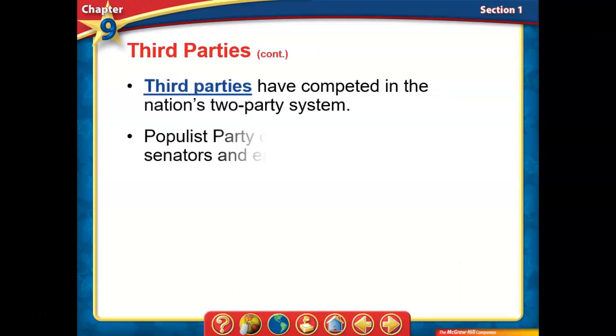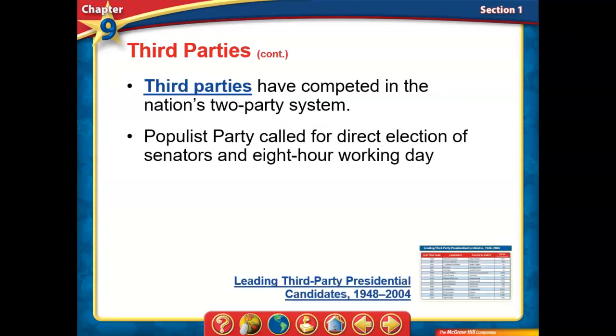But we do have third parties in the United States. Now, third parties have competed in our two-party system. It's just we discussed that the biggest thing you need to be able to get into politics is money. And third parties, they lack the finances. They lack the resources that the Republicans and the Democrats have. I mean, there is just so much money that goes into winning an election, and the Republicans and Democrats have established those campaigns for quite some time. But there are some examples of third parties having some success. So we'll end on the 2 examples that I can think of.